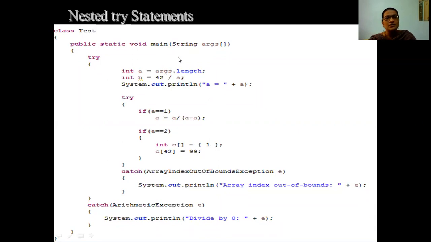So here we are accepting the argument. Depending on the argument, we have got an exception, that is divided by 0, or else we may move to the array out of bound exception.